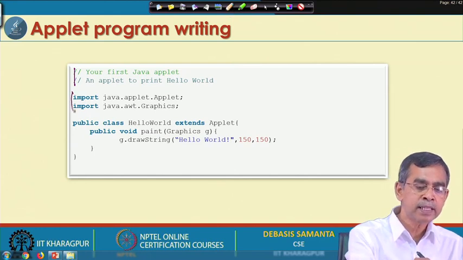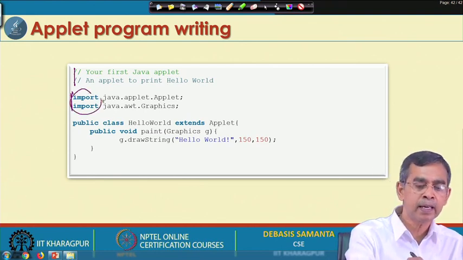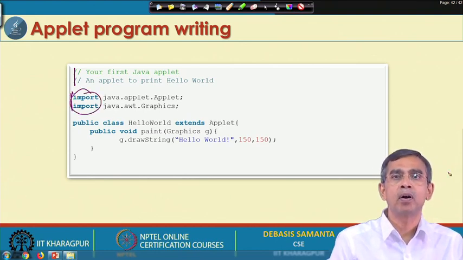And these are the two essential imports. I told you that Java has a lot of packages. If you want to use some package or packages, they should be imported first. So, the import command here is to import all the packages that you want to use in your program.